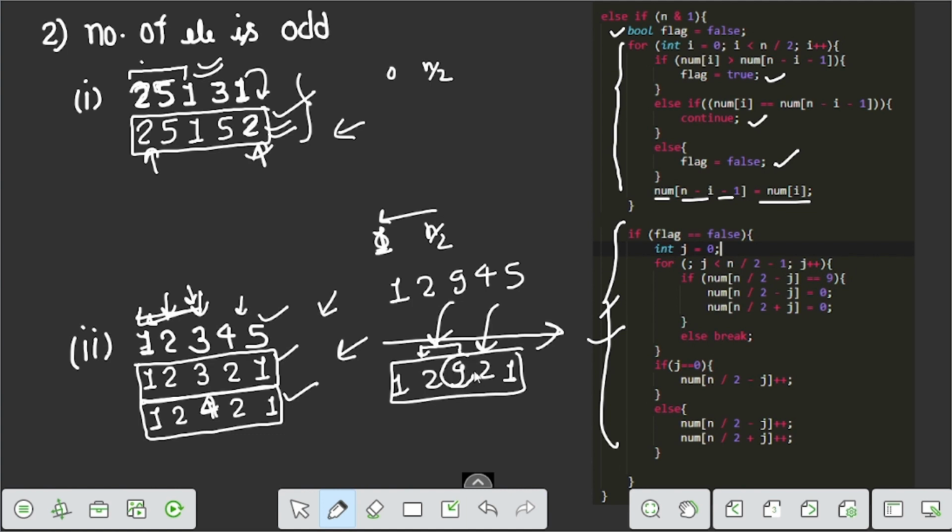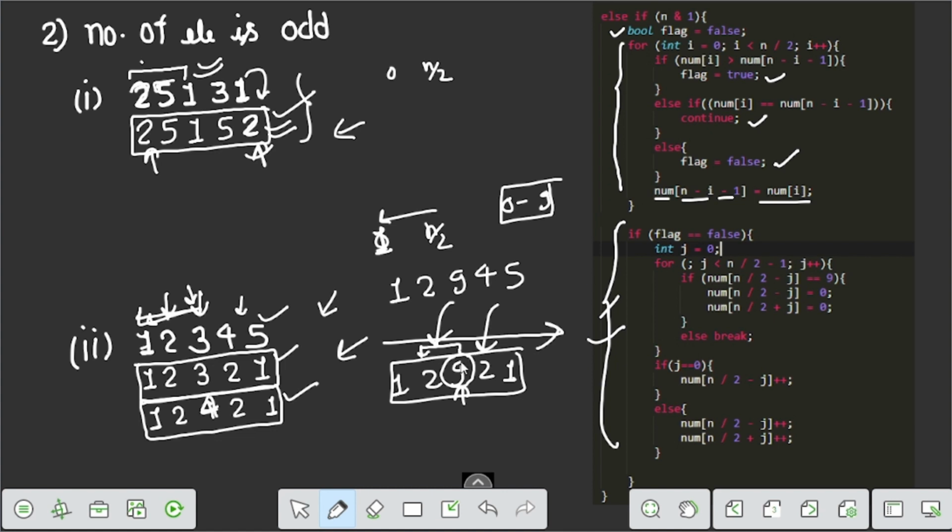If this number becomes 9, we change this 9 to 0, because we cannot increase any digit beyond 9.